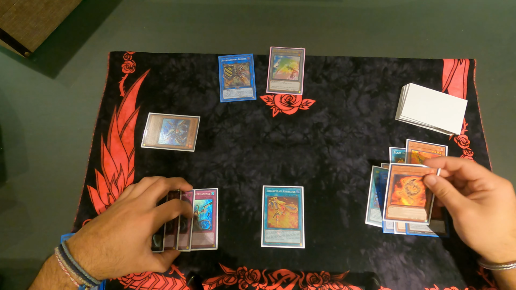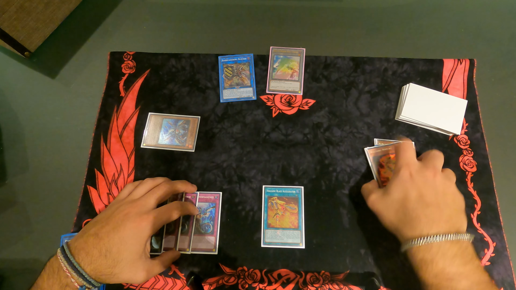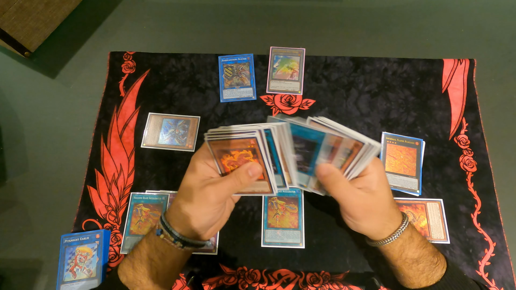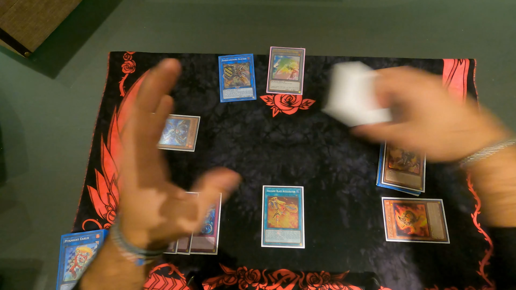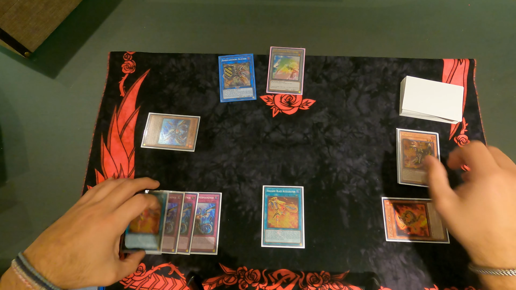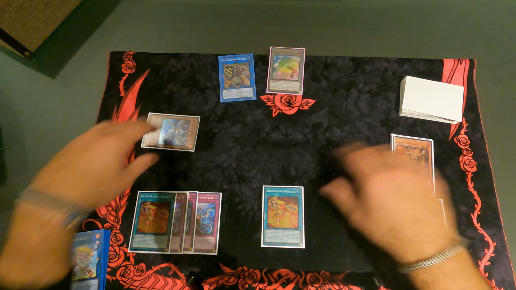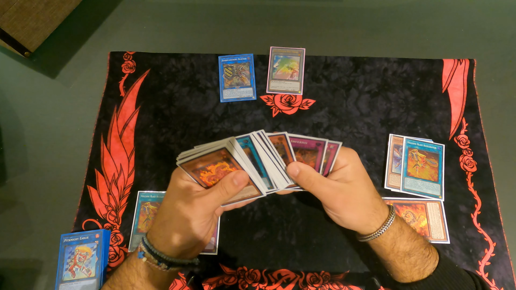You pitch your Rimfire and you activate the effect. Here we could banish your Rimfire to send from our deck to the grave Volcanic Trooper. So this is how we bridge to all the Snake-Eye and Volcanic cards. Now Snake-Eye Ash's effect, and we'll send these 2 cards to the grave, and we'll summon one of my favorite